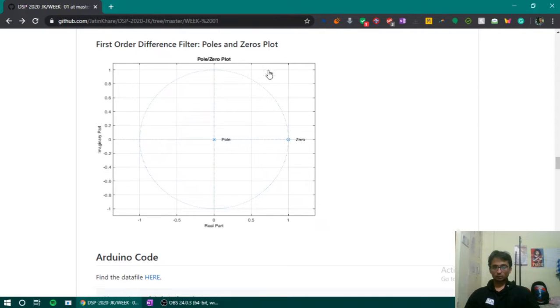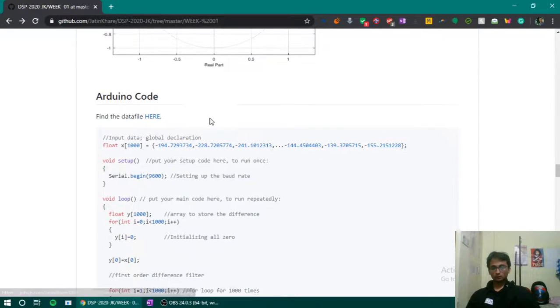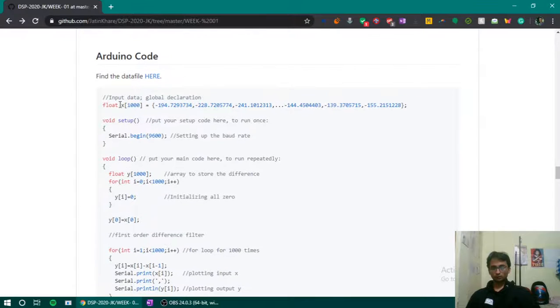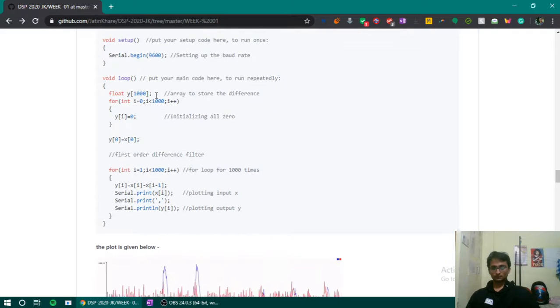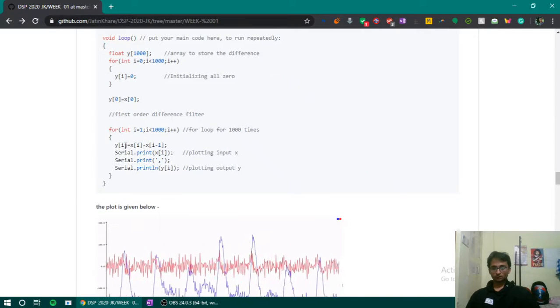This is the pole and zero plot. The pole is situated at the origin and the zero is situated at this circle. Now coming to the code, we are using the same input data. The baud rate is set to 9600. Now we are taking the array and initializing all the values to 0, which will be storing the output of